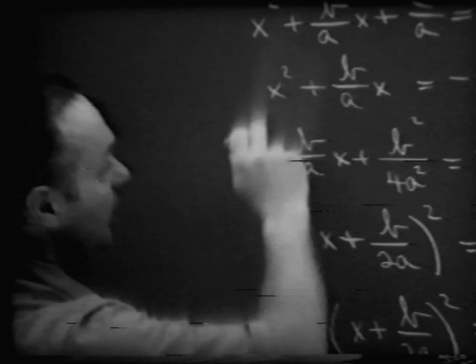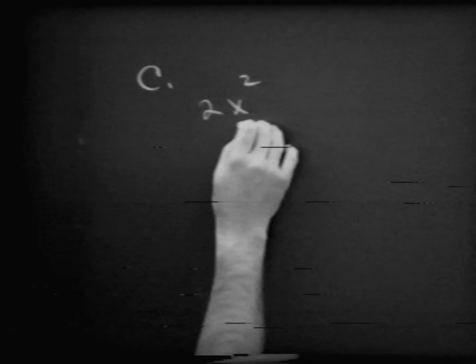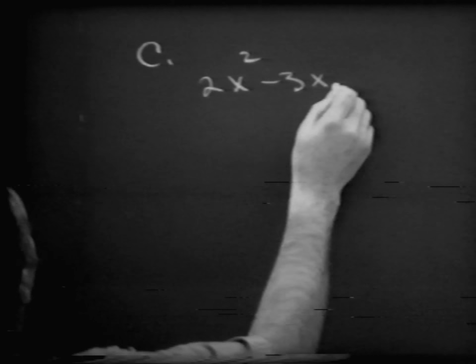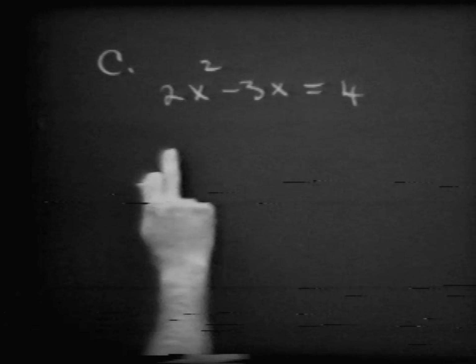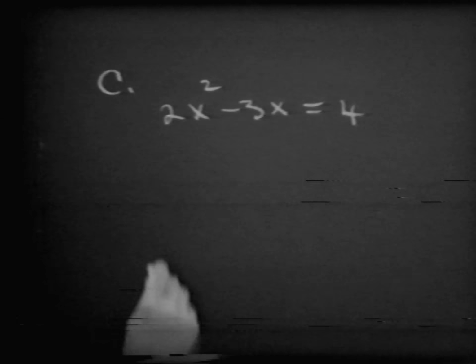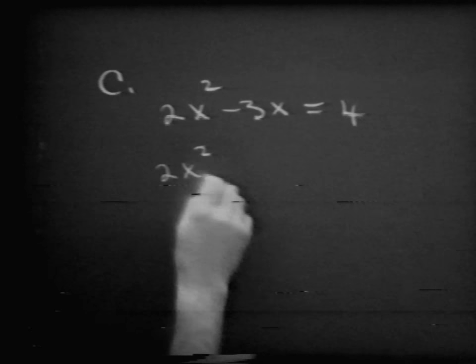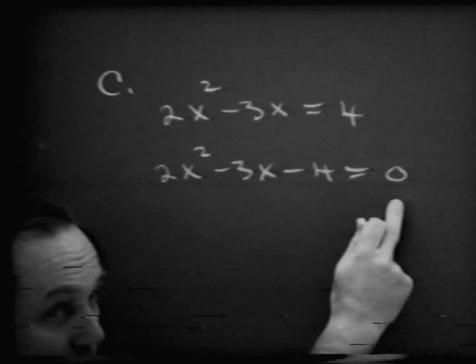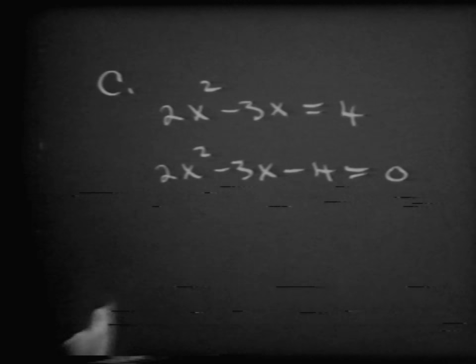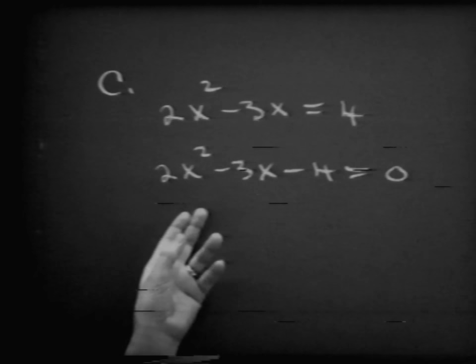Well, let's look at a specific example. Suppose I were to make up some problem such as 2x squared minus 3x is equal to 4. Now notice here, it's not set up in quite the pattern that we would like it to be. So you say to yourself, if I subtract 4 from both sides and set it equal to 0,